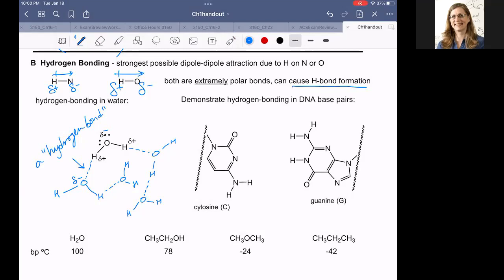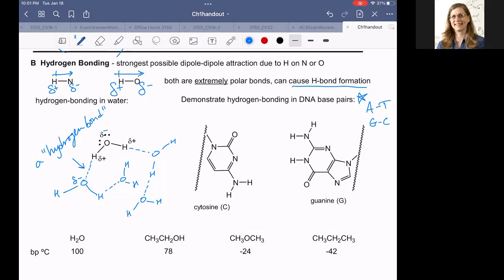Where else might we have some interesting impacts of hydrogen bonding? If you look at the DNA base pairs, the AT pairs or the GC pairs, right? We have adenine and thymine, and guanine and cytosine. I need to review my biochemistry. These are the base pairs that are on the two strands of DNA, and those